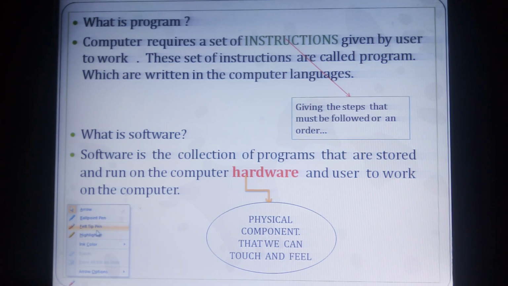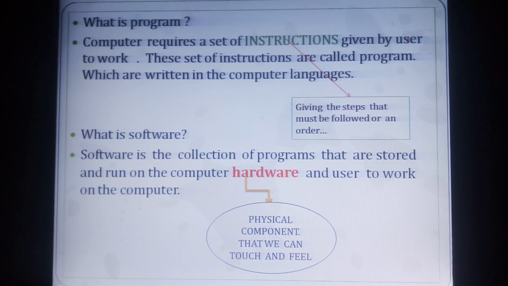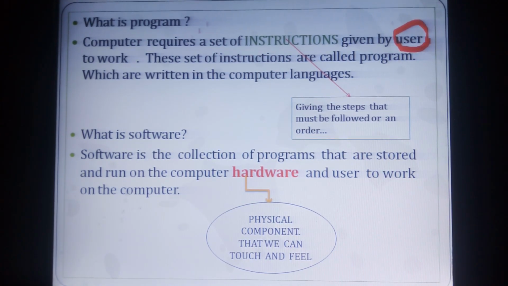Now who is the user? We are the users. So a computer requires a set of instructions given by the user. Whatever instructions we give to the computer, according to that the computer will work.